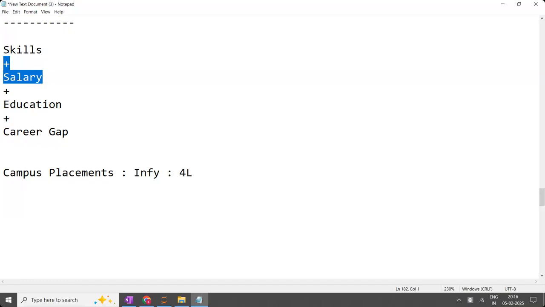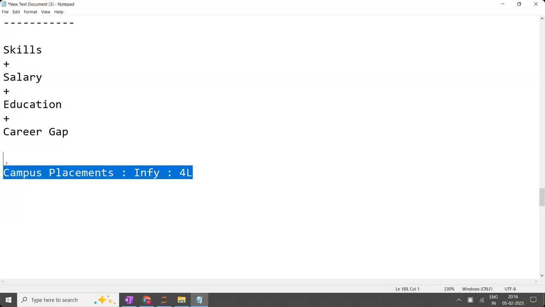This person has a high CGPA, I have a low CGPA. Why does all this discussion come? Because these two are the same for every person. That is campus. In the campus, skills and salaries are the same. But once you come out of the campus, from here everything will differ. Nothing is the same. Person to person, nothing will be the same.